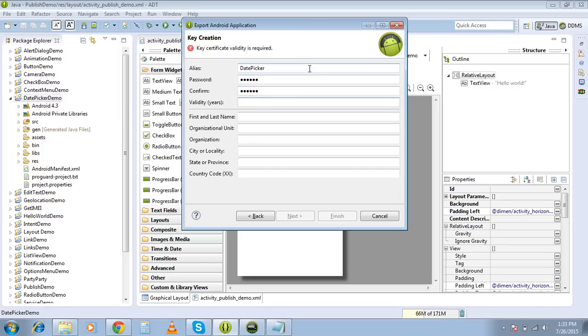Okay, validity in years must be minimum 25 years, or you can put many things. So in general we put 100. Then your details required. Okay, so you can type in your details, or the things you want. So I'll just type in like this, organizational, let's say training